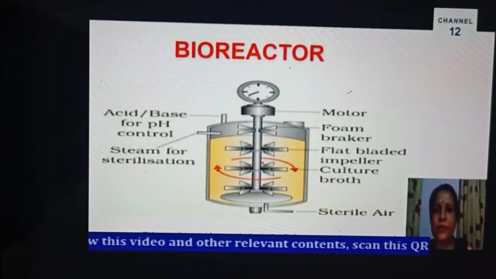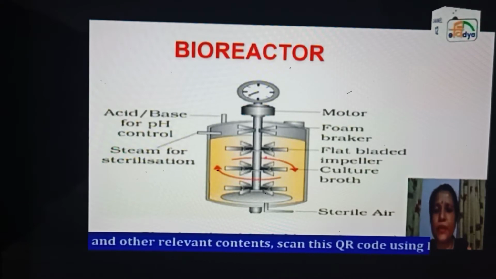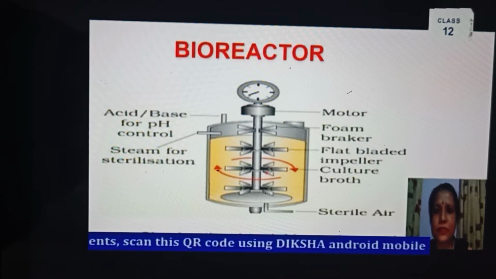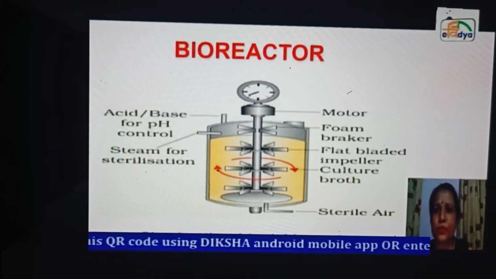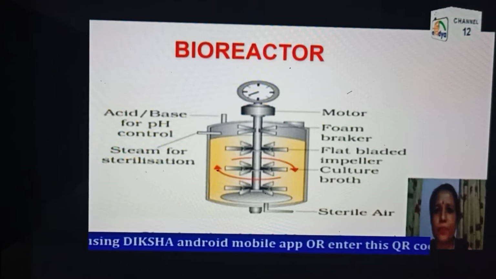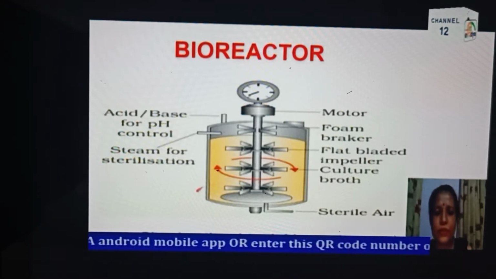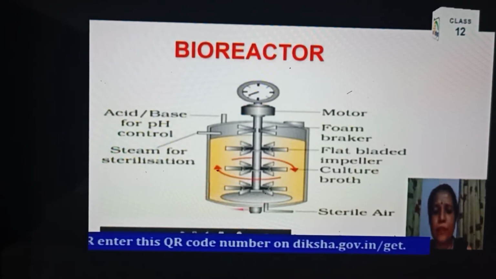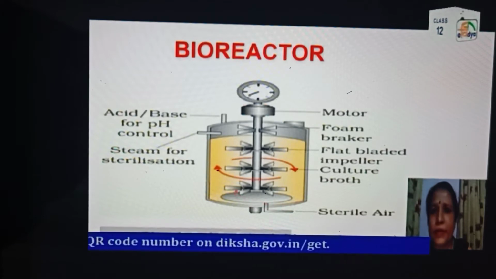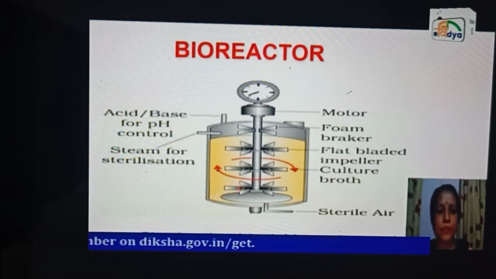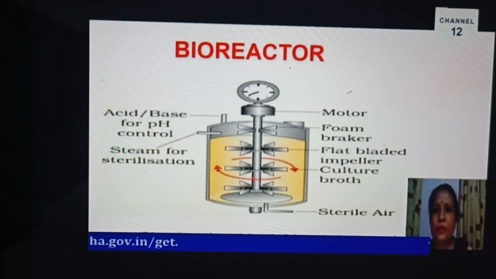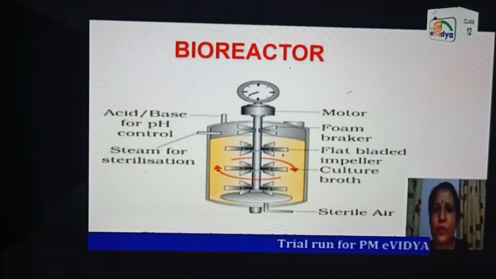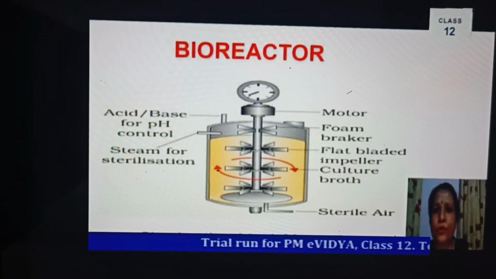Now it has several inlets for the medium to be added, for the inoculum, and there is an agitator system. There is an acid-base control system, then cooling devices. If you see the base of the bioreactor, it is a curved base. This curved base will help in even mixing of all the contents. Now it has steam for sterilization. So oxygen can be distributed uniformly and it reaches all the microorganisms inside the bioreactor.